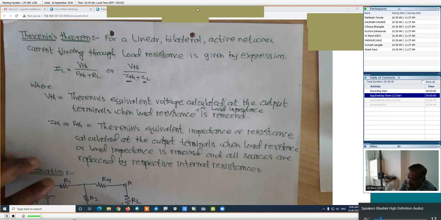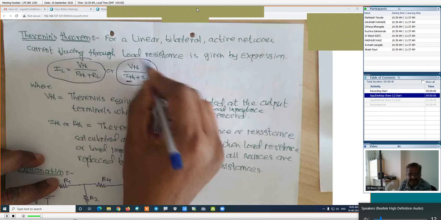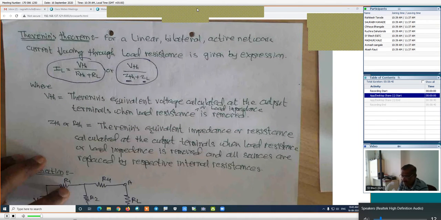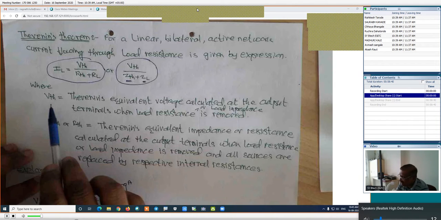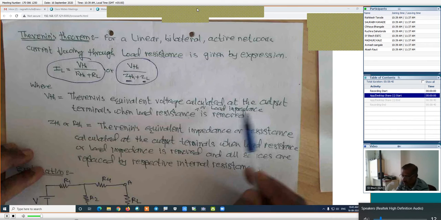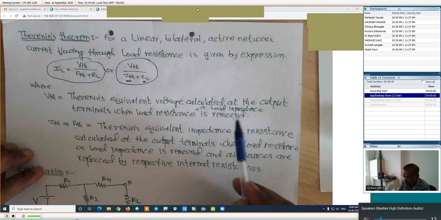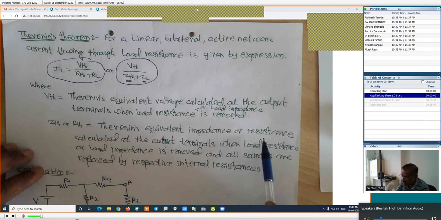In case of the Thevenin theorem, the current flowing through the load resistance or load impedance is given by this expression. That is, IL is equal to VTH divided by RTH plus RL, or VTH divided by ZTH plus ZL, where VTH is Thevenin's equivalent voltage calculated at the output terminals when the load resistance or load impedance is removed, and ZTH or RTH is the Thevenin's equivalent impedance or resistance calculated at the output terminal when the